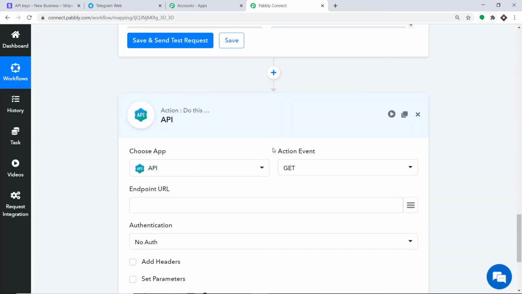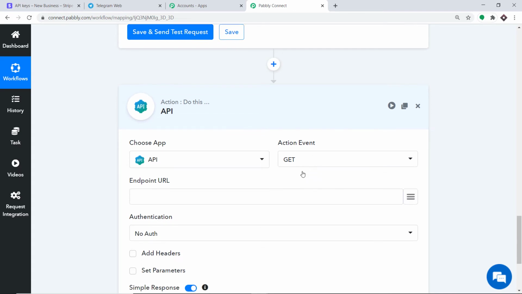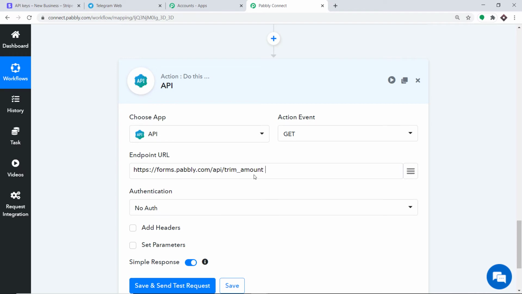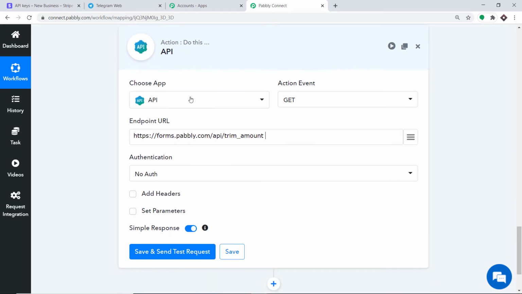Okay, so in the action event, just keep it as get. Now we have to add an endpoint URL. Okay, so this is the endpoint URL. Now your obvious question is where you are going to get the endpoint URL. It's actually pretty easy. I will be adding this in the description box. So all you have to do is choose the app as API. In the action event, let's keep it as get, and the endpoint URL you can get from the description